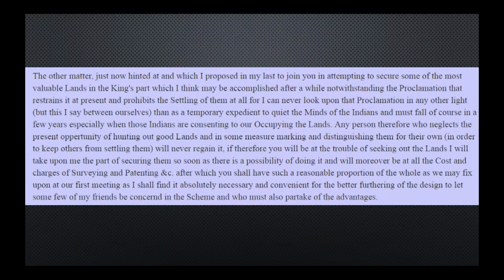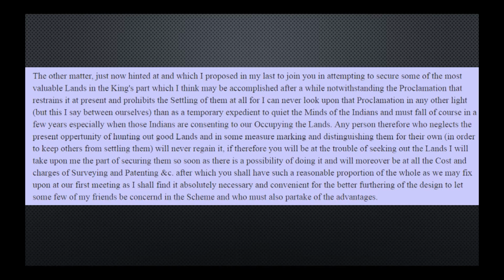And this is the whole driving force, really, behind settlement. I see an opportunity. If we don't take this up, somebody else is going to get it. So it's more important to snatch this opportunity than to abide by this. They just did this to appease the Indians. But look, a lot of the Indians, they don't mind. A lot of them don't mind if we come, right?